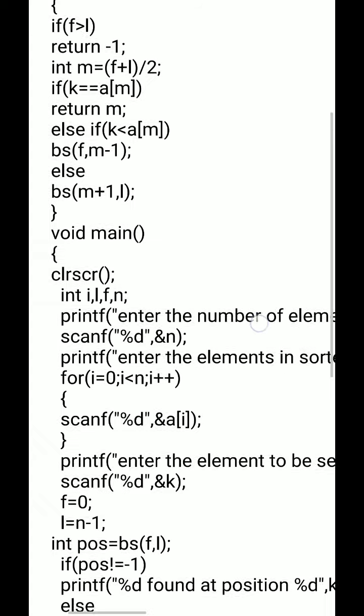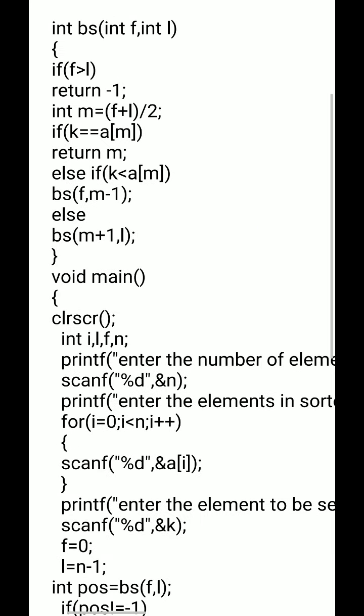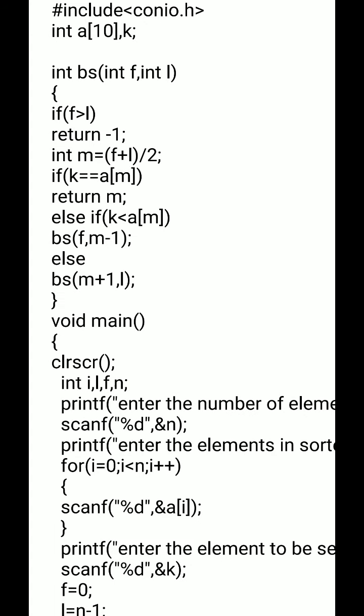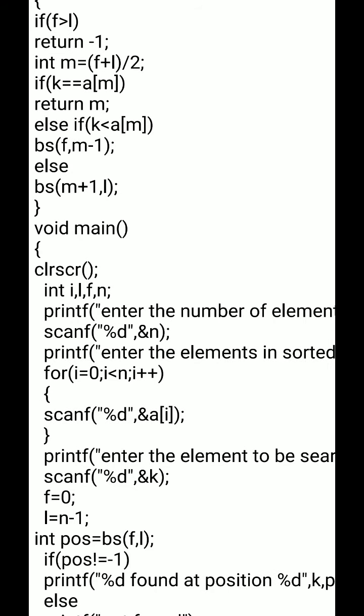So this is basically the binary search algorithm, in which the preliminary condition is the input array should be sorted, and if it is not sorted, it should be sorted before passing to the binary search. This is the preliminary condition, and this is the question which may be asked by many competitive examinations like NET and GATE, etc.